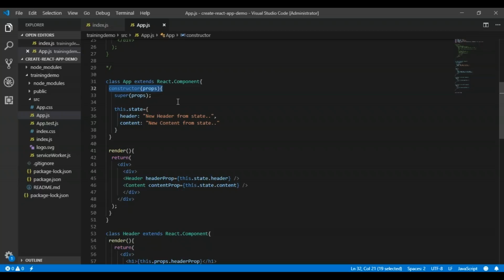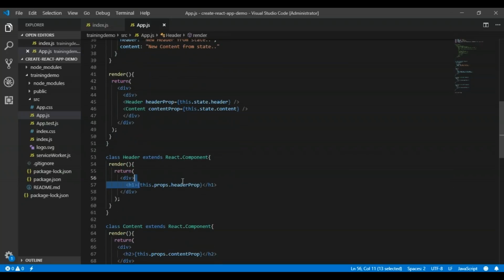Now what is the other thing? State updates may be asynchronous in nature. React may batch multiple setState calls into a single update for performance. Because this.props and this.state may be updated asynchronously sometimes, you should not rely on their values for calculating the next state. So if you want to set the value of the next state, don't rely on the value of this.props or this.state.